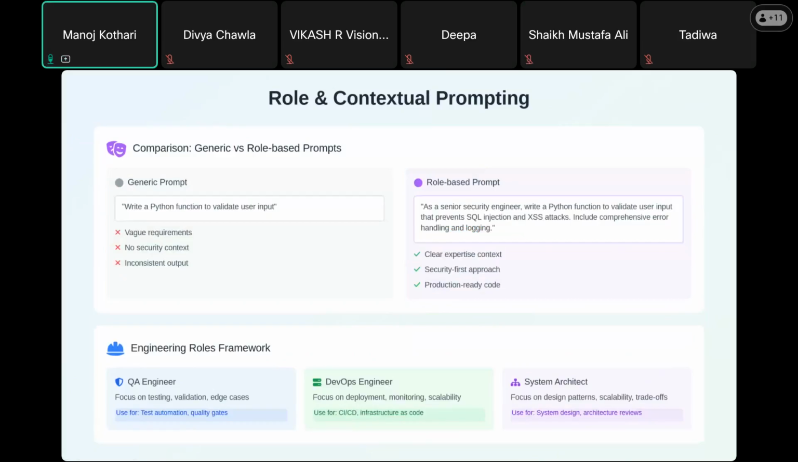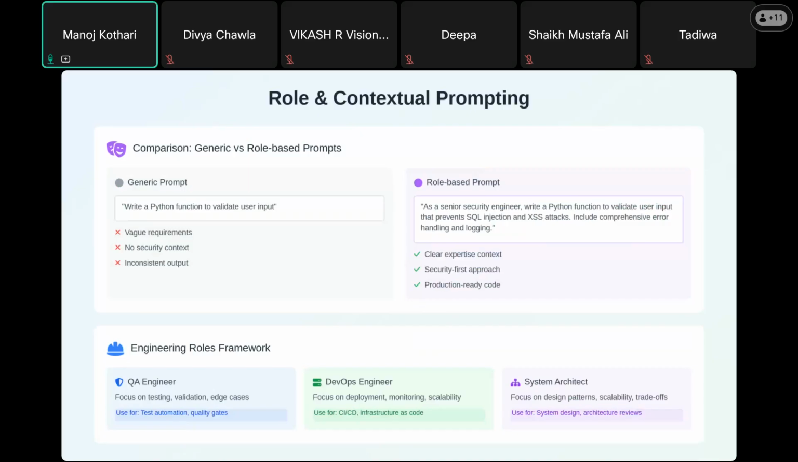So, the next topic we should now get to know is role and contextual prompting. Anyone, any idea what role-based prompting is? Role prompting is? Okay, so let me explain. When we are saying role-based prompting, what we are saying is that we are asking AI to assume itself in